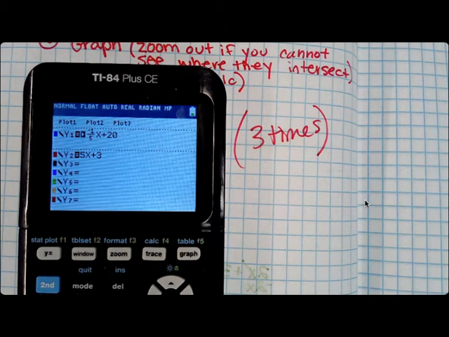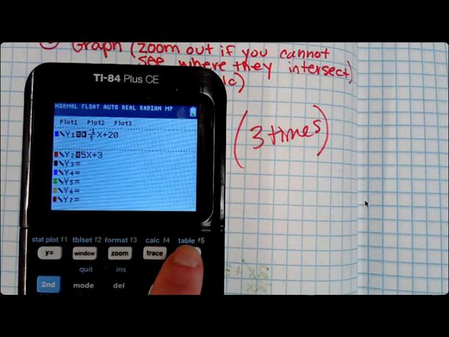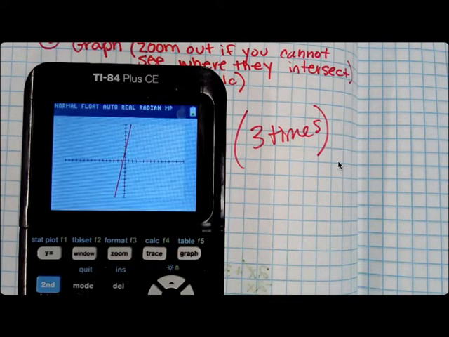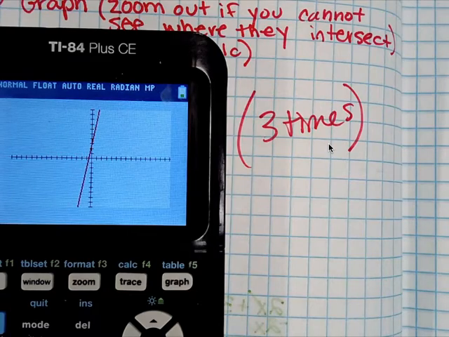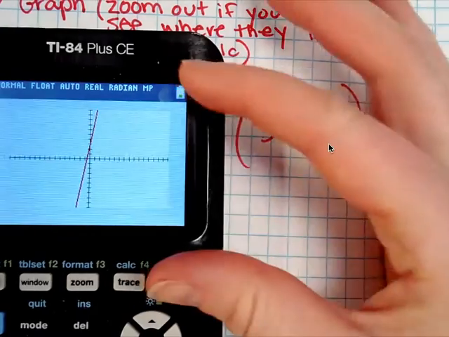You should be typing those in. So let's look at what the graph looks like. Mine says error. Oh, I didn't put... Okay, so it's graphed there, but what we know about this calculator is